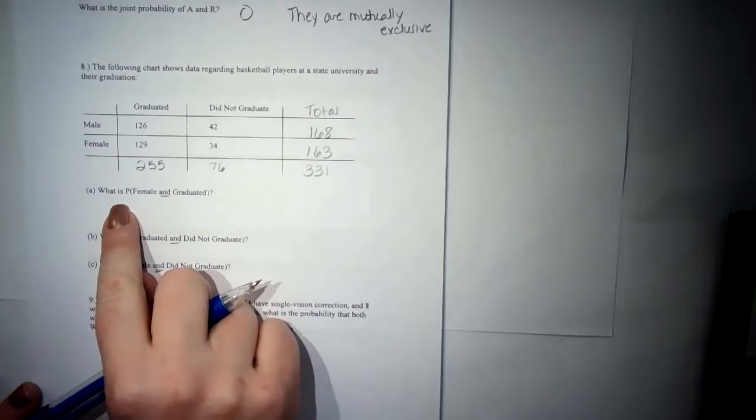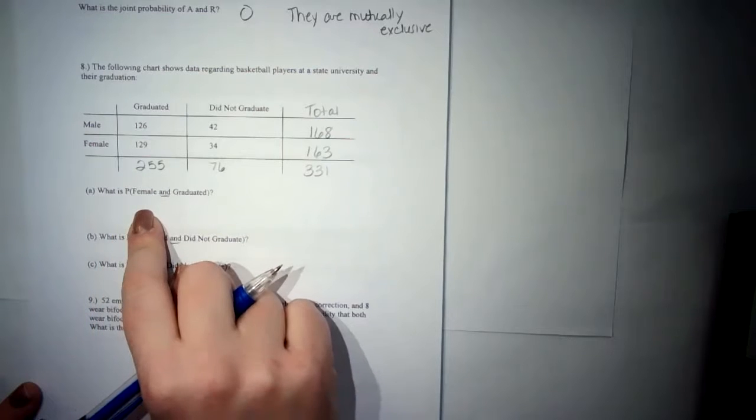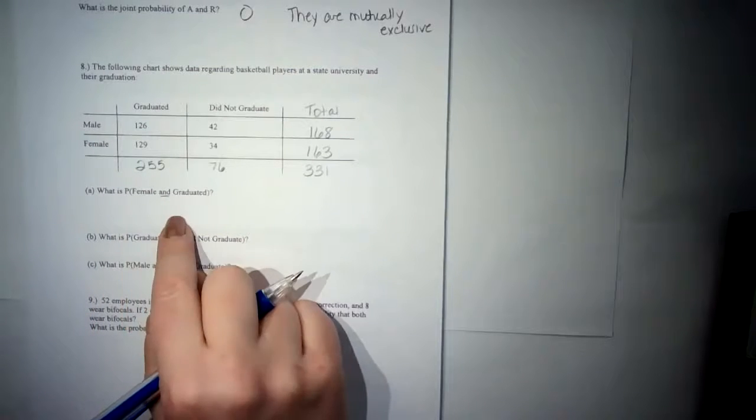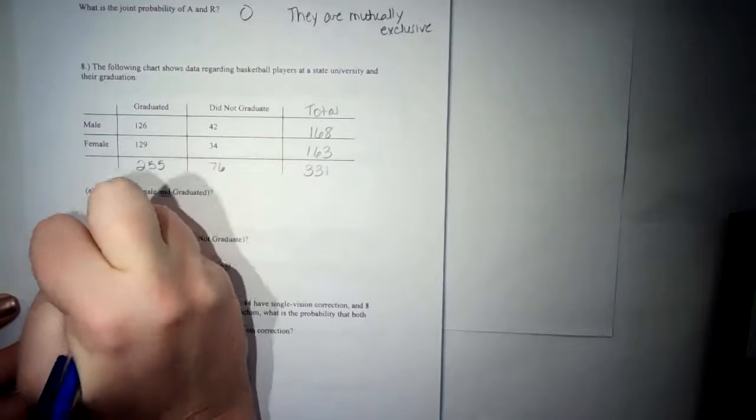And then horizontal and vertical both gave me a grand total of 331. Okay, so now we're going to look at the probability that they are a basketball player that is female and graduated from college. Technically, let's look at what that looks like, and then I'm going to give you a shortcut. Technically, that means